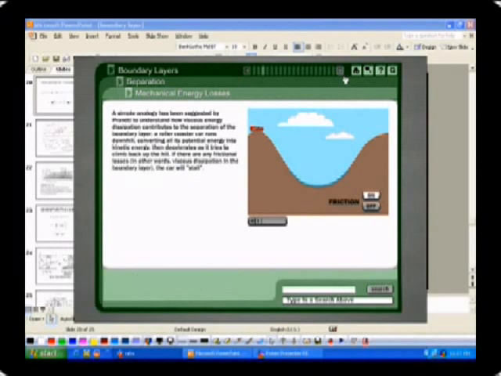Now that can be visualized with the help of this figure also. In this figure we have a car and a hill of symmetric nature. With the help of this we can easily understand the boundary layer separation, and when it is separated, then pressure recovery, meaning kinetic energy is not converted into potential energy. And we know that pressure head plus potential head is known as piezometric head, right? So when there is no friction,